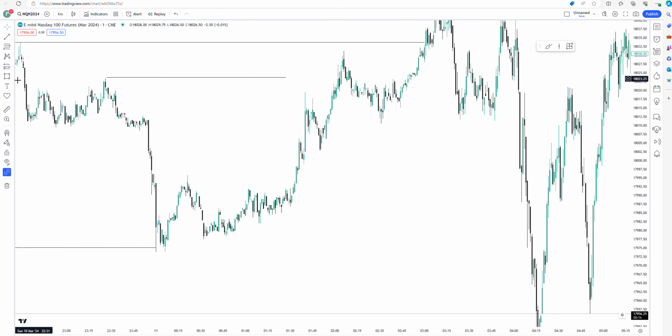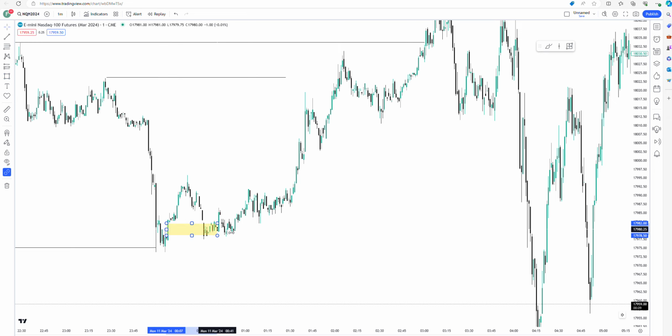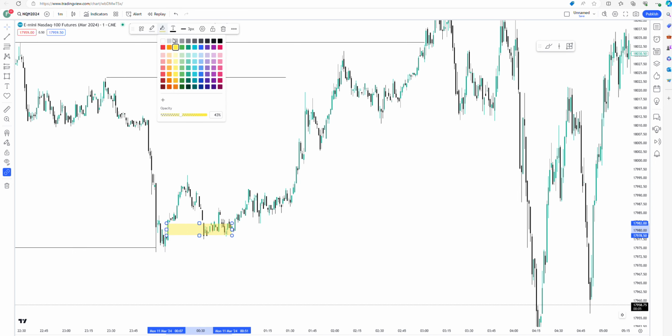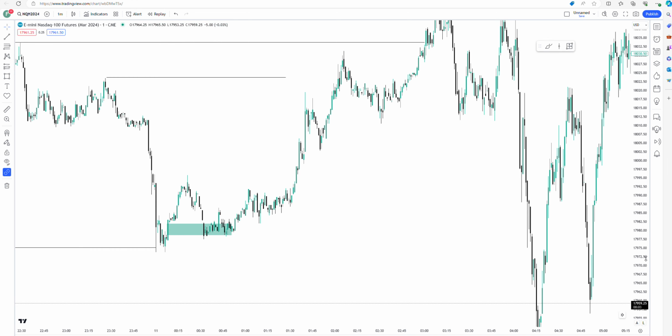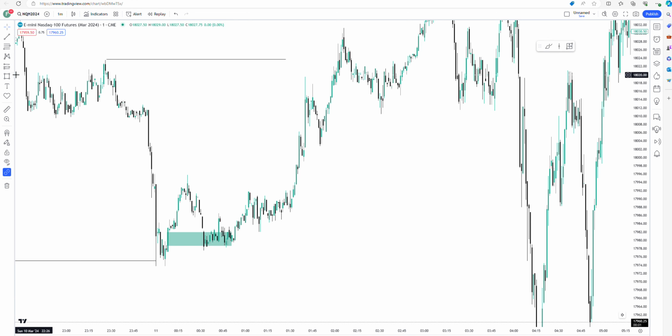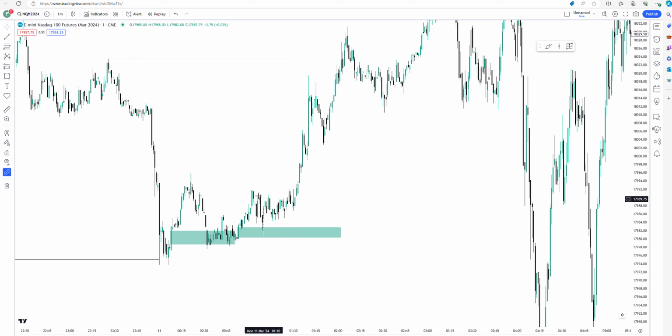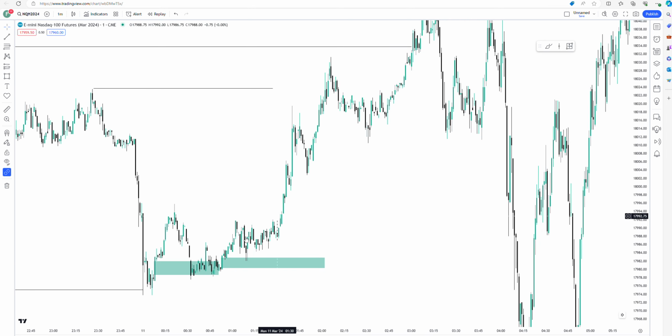And then pretty much for the rest of the session, leading into the silver bullet and the end of the silver bullet, we've got bullish PD arrays being respected. So this here is your bullish fair value gap. So you can see that. Bullish fair value gap. And then you've got another fair value gap here too. And essentially all we keep doing is respecting all these bullish PD arrays. We accumulate in the gap, we push up, we accumulate, we push up. And then we push all the way up to take out these levels of